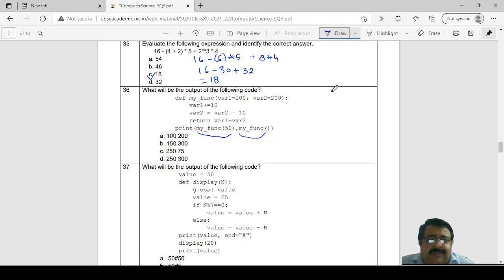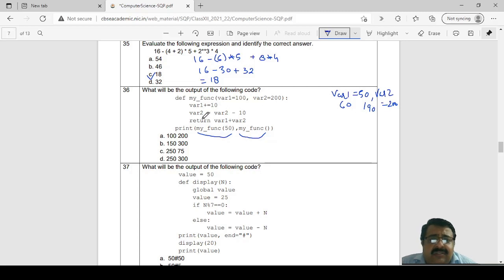Var1 becomes 50, whereas var2 will be 200. Then var1 plus equal to 10, so var1 will become 60. var2 equal to var2 minus 10, it will become 190.